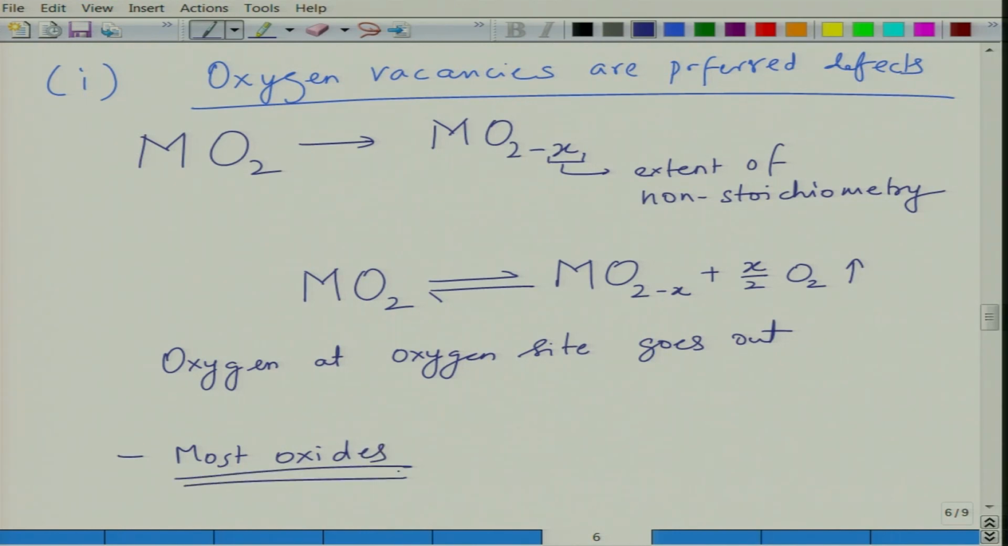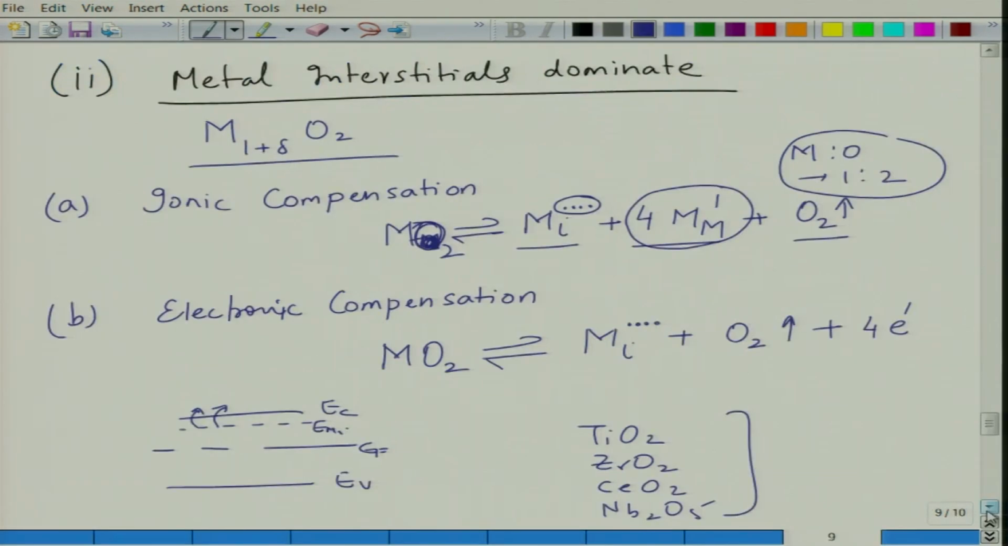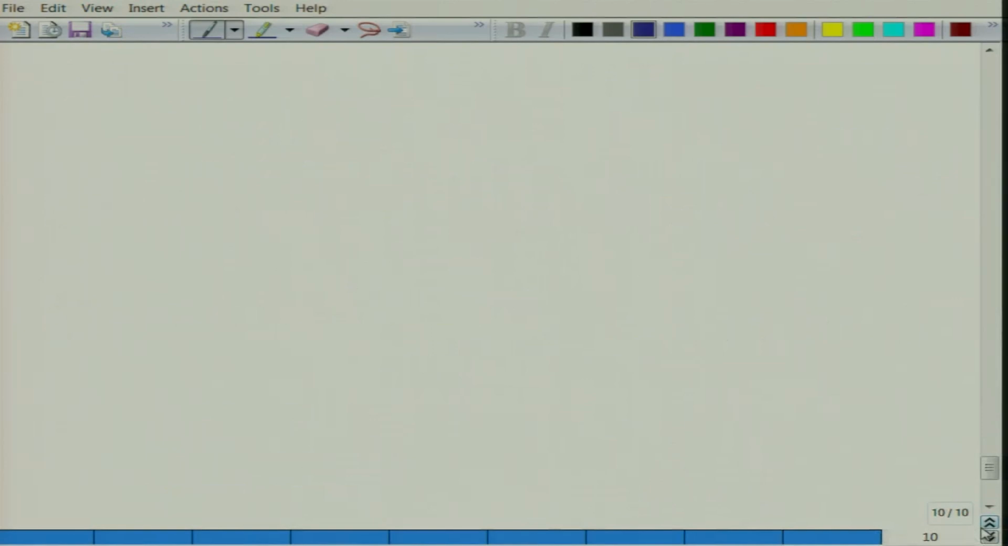Oxides are generally oxygen deficient in nature as a result. So, for example, zinc oxide, one of the famous examples, is oxygen deficient. Now, what we have seen is the case of metal excess or oxygen deficiency. Similarly, you can have the other case, which is that of metal deficiency. So, the second case is of metal